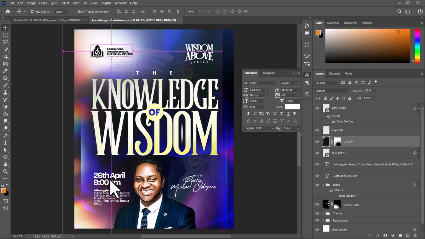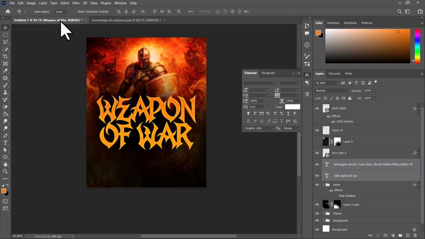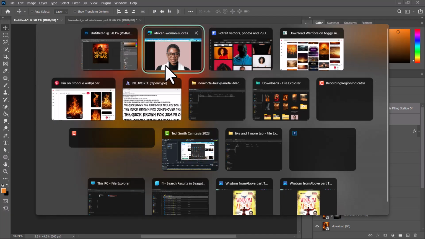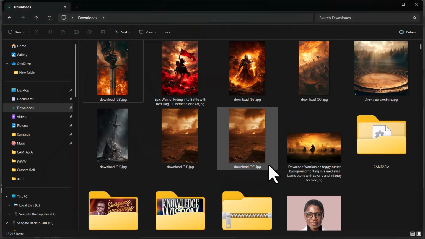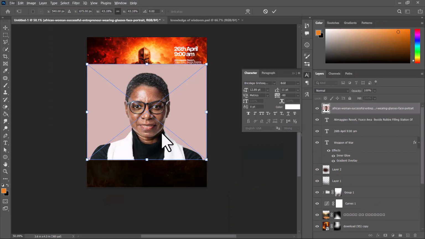So we'll just take the date, take the time, take the venue, then you can drag it in here and maybe change the position. We can put it here. Again, we'll work on that later on. Then we can look for the picture that we just downloaded, with a picture of our pastor. Then we can put it here and just